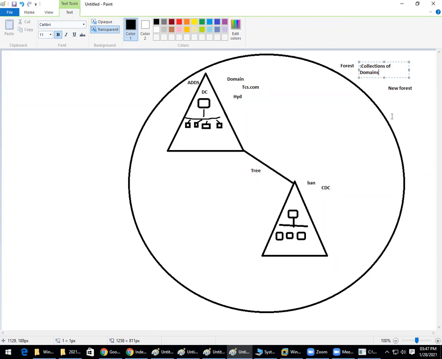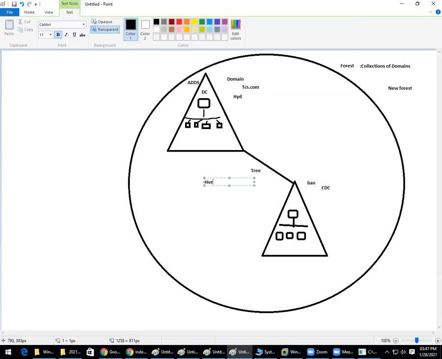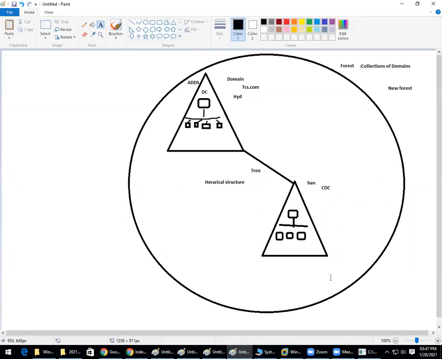When I say domains, in Hyderabad one DC, in Bangalore one domain, CDC. Like this, multiple domains are called a forest. Now, what do you mean by tree? The hierarchical structure. How trees are connected with branches, the same way the hierarchical structure is called a tree.